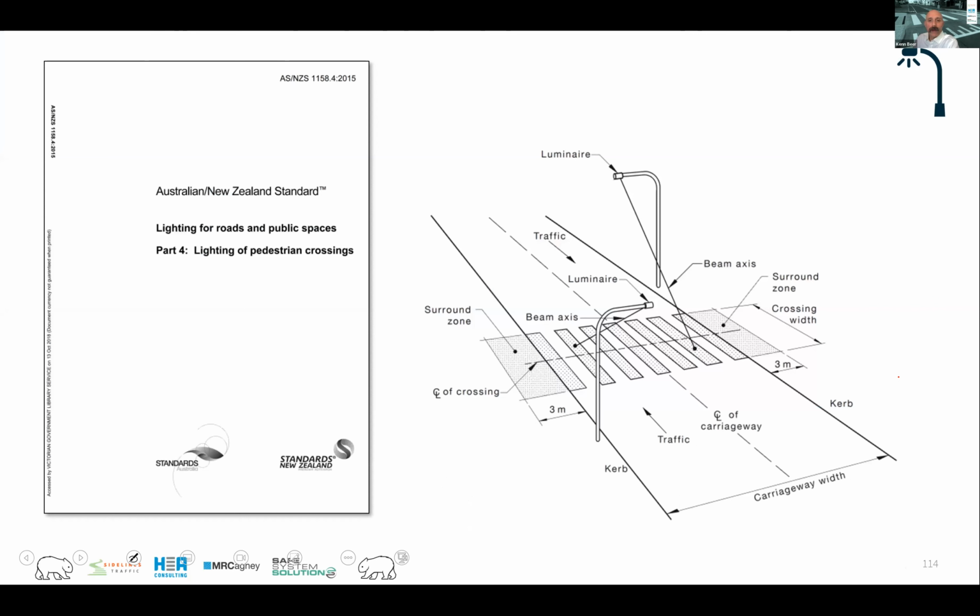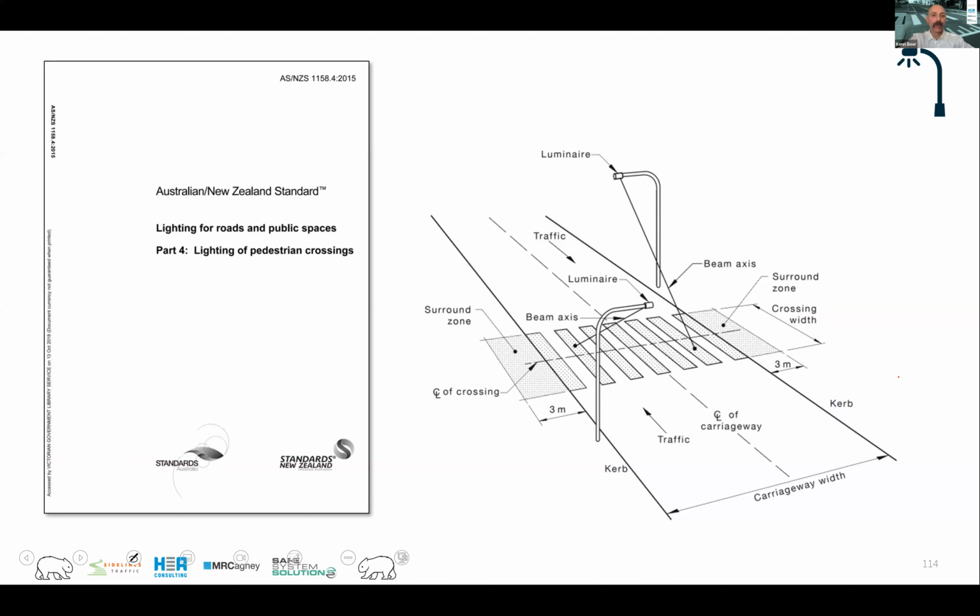Now, I'm going to talk about lighting, and I've picked out some really key points here. I'm not going to go into the detail, but I've got some key things to think about. There are a number of Australian standards associated with lighting, and each jurisdiction will have some sort of Australian New Zealand standard for lighting, which is 1158, and there's another one. But what we want to think about for any crossing point is that